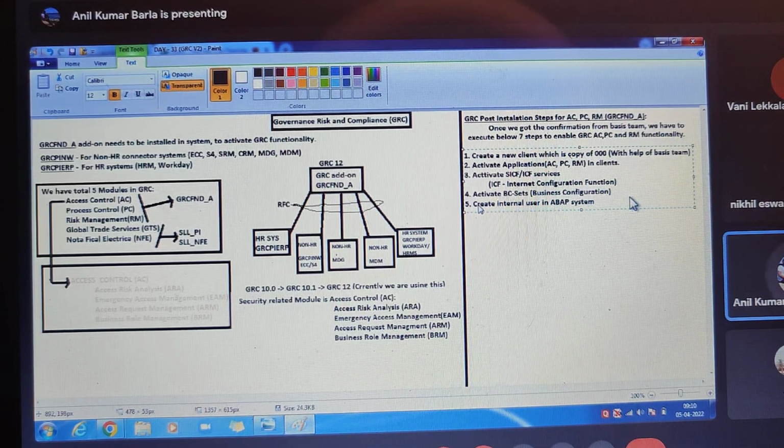If we haven't created that, then it will ask us to create. That is called one ABAP user ID, which is created to communicate from connector systems to the GRC